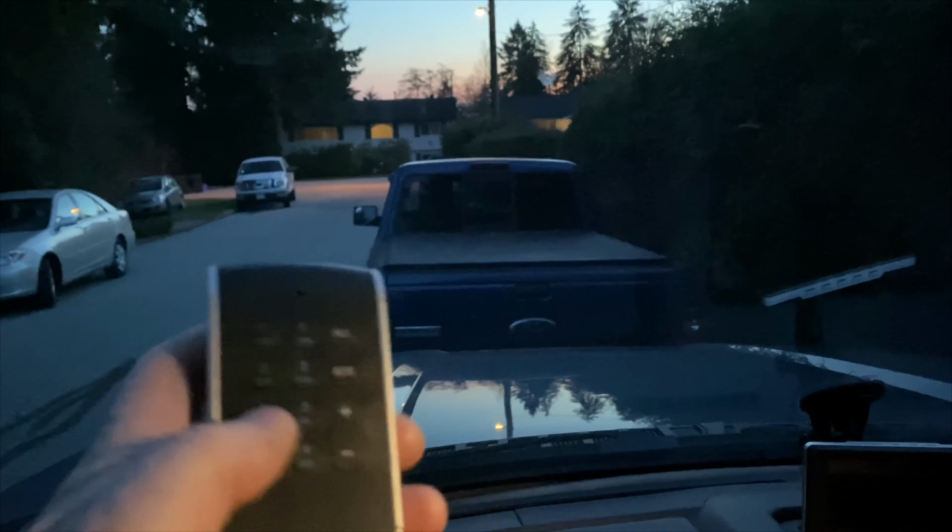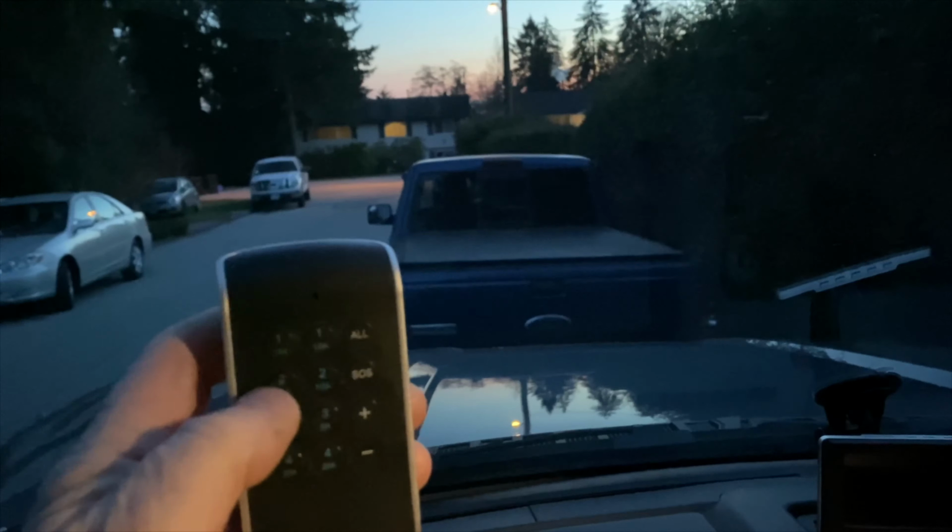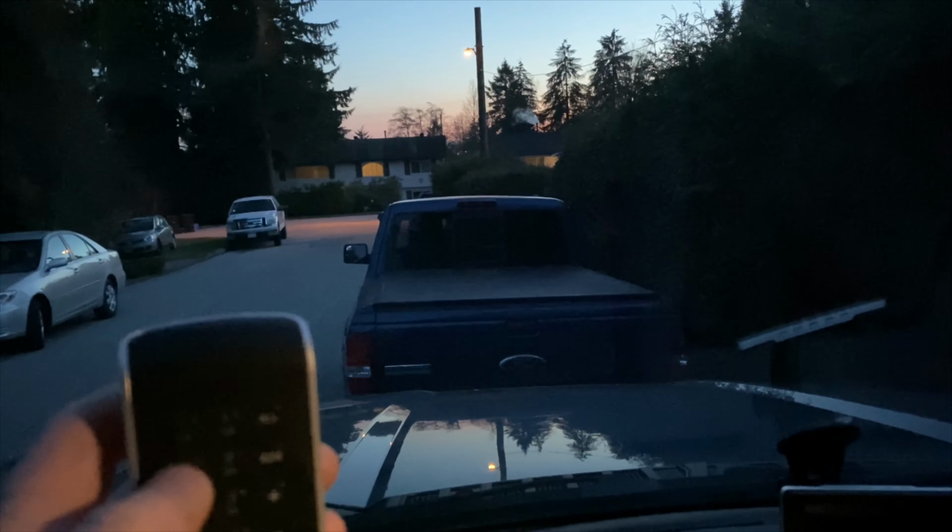I have the remote control in front of me, and we have programmed position 2 and position 3. I will click position 2. Sometimes there is a bit of a delay, and that is going from the remote to the wireless antenna of the device to turn the lights on. So if I press button 2, you see the red LED acknowledgement. Press it again. If I press button 3,